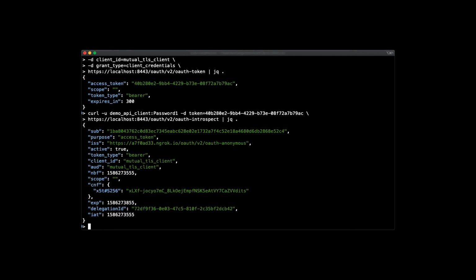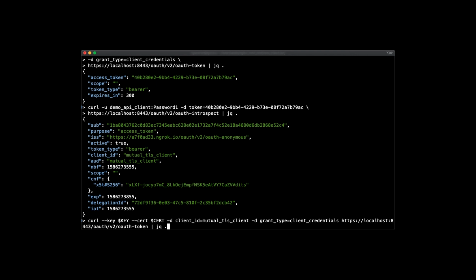And now we get back a bit of JSON that includes the confirmation method that we talked about before, and that's a JSON object that has the x5t#S256, which stands for the SHA-256 thumbprint of the certificate that the client used when it established the mutual TLS connection to the token endpoint when receiving that token. So if we do the request again slightly and we just change the client ID to be a different one,